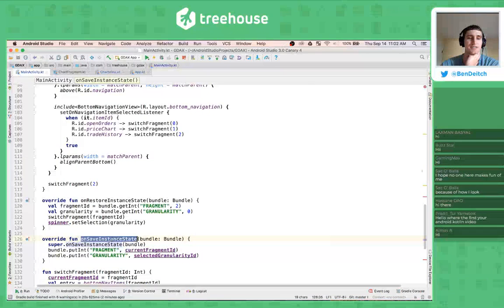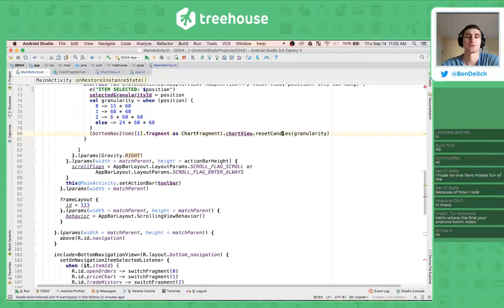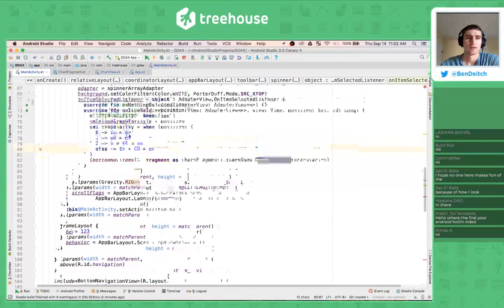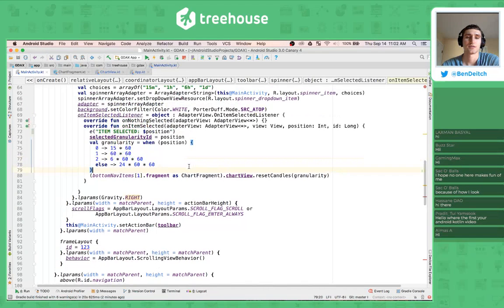We get this on save instance state with our granularity, and then when we restore instance state, for example, on the rotation, we're calling spinner.setSelection with, say, that 60-minute granularity, and then it's calling through here to reset candles. So how about we only reset candles if the, can we figure out the granularity from, yeah, what if we pulled the granularity out as well